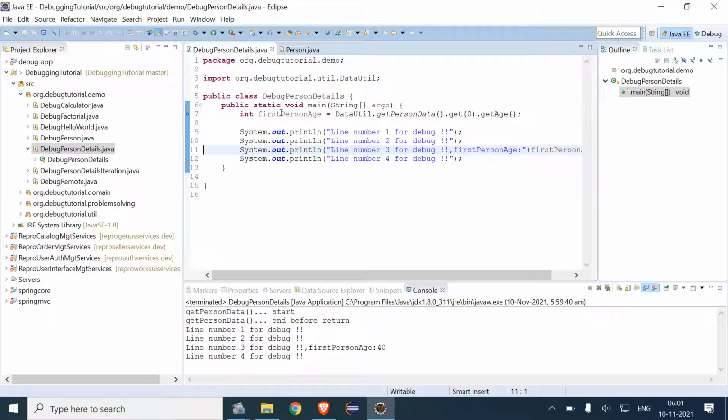Then the program will stop at this line.